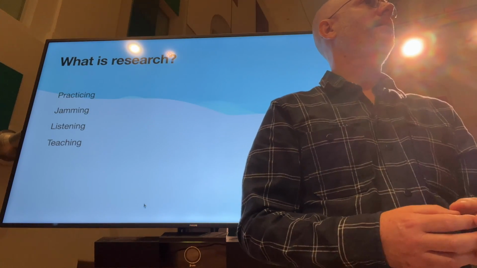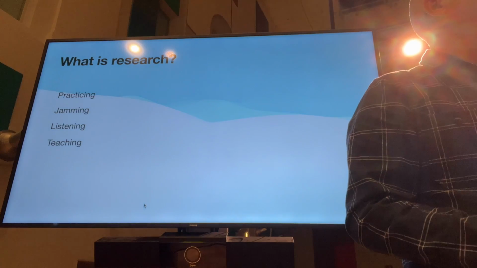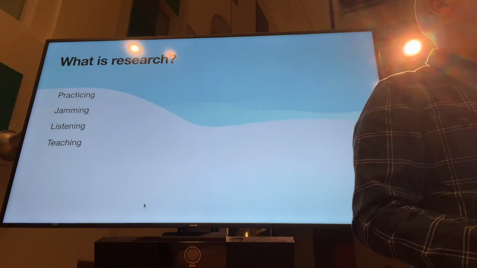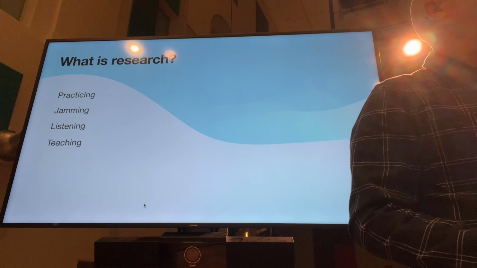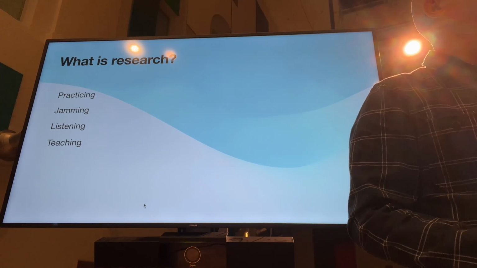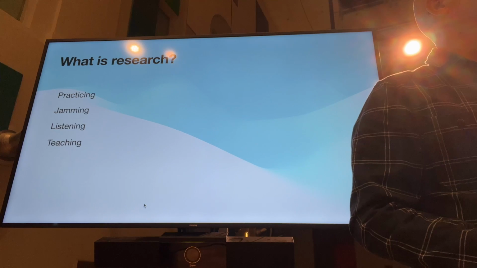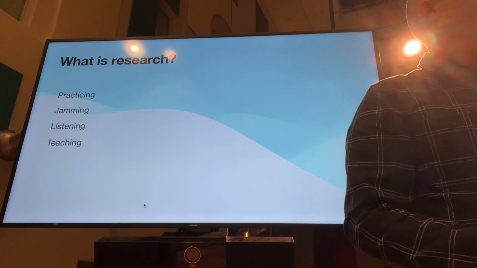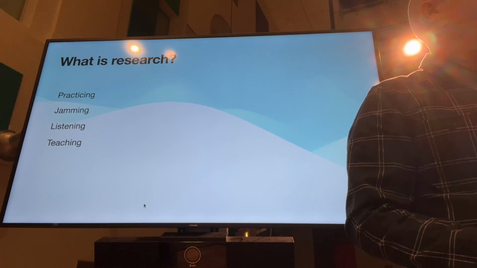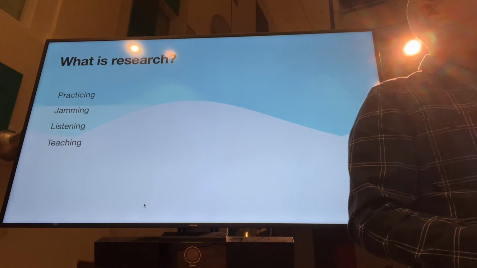Yeah. So in that sense, I don't really get the feeling that these are research, but you need research to do them. Like teaching, for example, when you're teaching, you always question yourself, how can I teach this the best way? How can I do this? But the teaching itself maybe isn't really doing research. And there's always research involved, I think, in all these things.